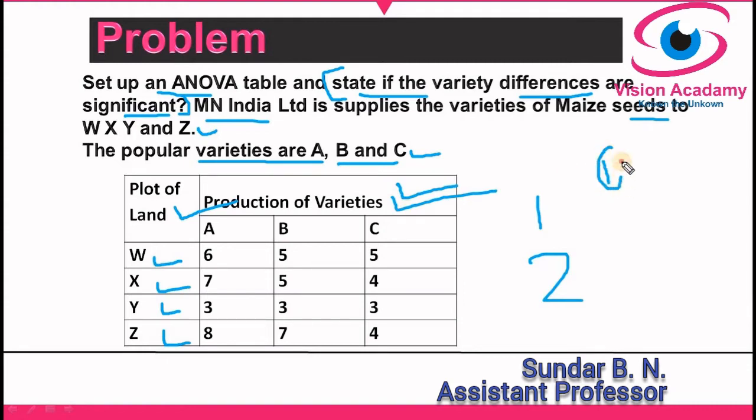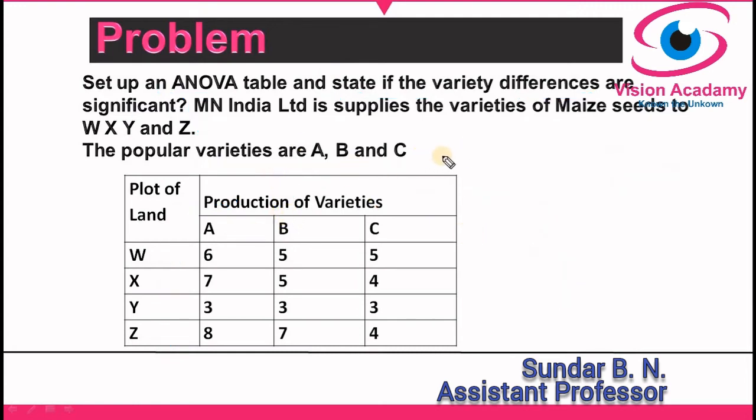One-way ANOVA, as I told you in my earlier video, considers one factor under study. So that one factor, production of variety, is the independent variable in this case. This is one factor, so we have to calculate one-way ANOVA. You need to clearly distinguish between one-way ANOVA and two-way ANOVA. In one-way ANOVA, we consider only one factor under study. If it is a two-way ANOVA, we consider two factors under study. In the problem, they are asking us to state if the variety differences are significant, which means they are asking us to test the one factor for the study, so this is a one-way ANOVA.